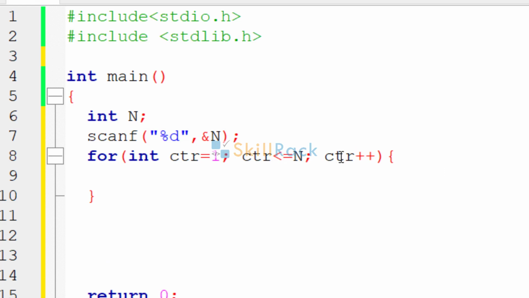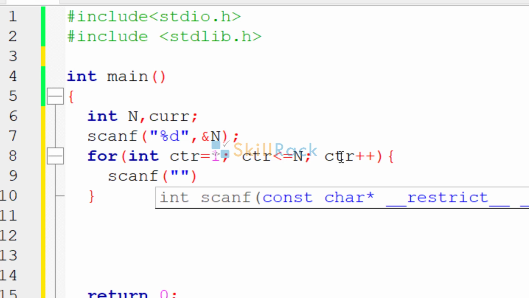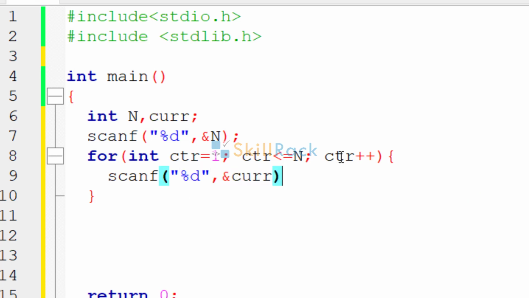So this loop will iterate n times. Now we have to accept the input value. So we will say current to indicate the current value. We have accepted the current input value. Because this loop iterates n times, n values will be accepted as input.